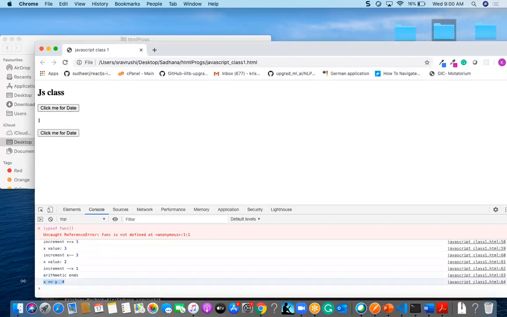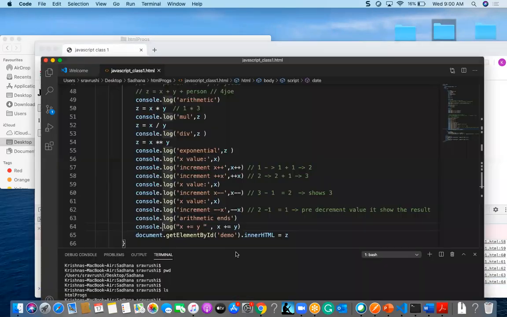Okay. Now you will be finding the value of x plus y. So x plus equal to y means x is equal to x plus y. But coming to x minus equal to y, what will happen?